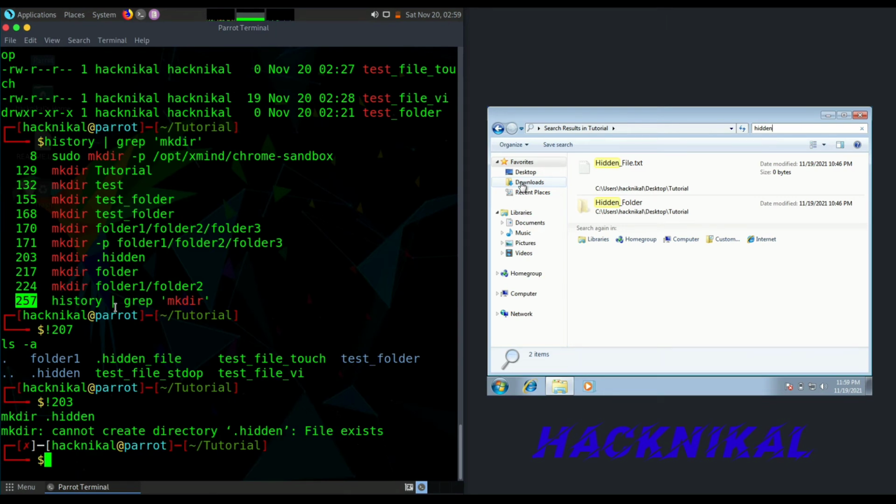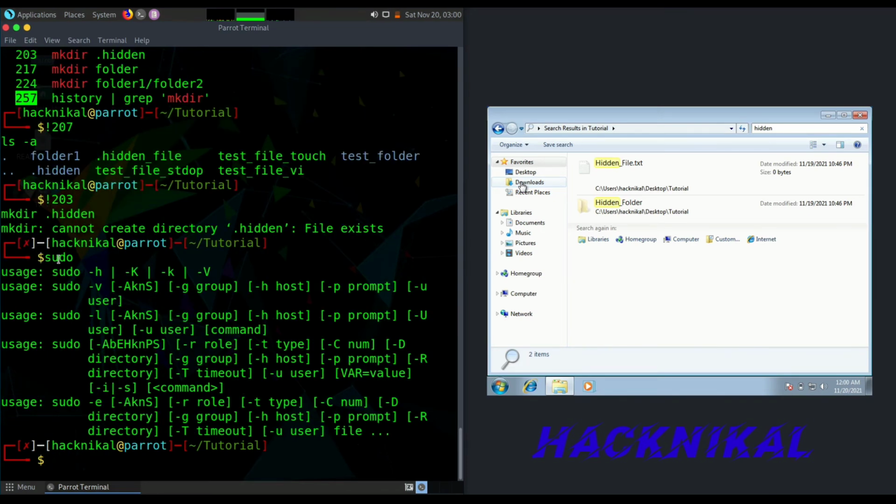Our next command is sudo. The sudo command is used for superuser permission. Sometimes we are logged in with a least privileged user or some lesser privileged user, but we want to perform some operations which require root privileges. So we use the sudo command over there, so that we do not end up having any errors.